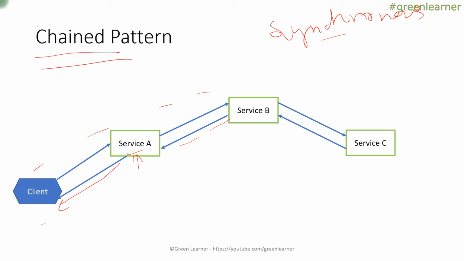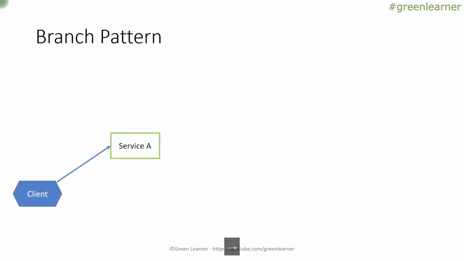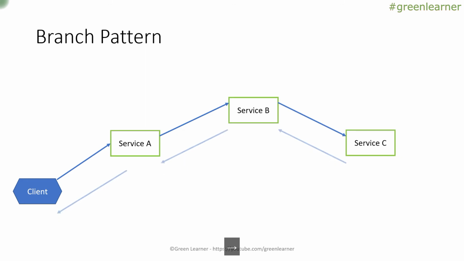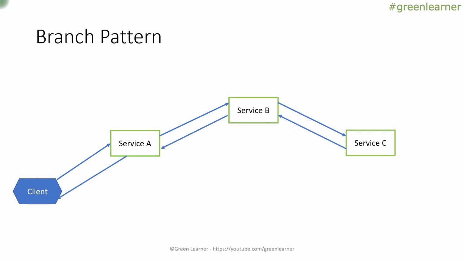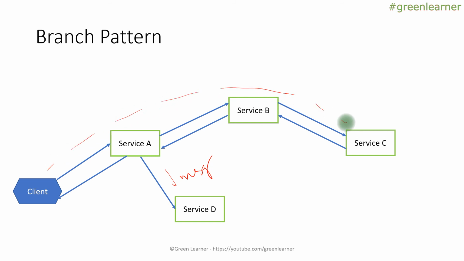Next, coming to the branch pattern, as is obvious from the name, we are going to have a tree-like branch here. So let's see that. We have client, service A, B, C. It has requested that and we got the response. This is what the branch pattern looks like. But sometimes service A, apart from calling service B, is also going to make a call to another service, service D. And maybe it is just going to pass a message, telling service D that we are doing this and you just have to be informed. You remember the event based services, the messaging based services that we had. This is the way it looks. This is the synchronous communication that is happening, but this connection is the asynchronous communication.